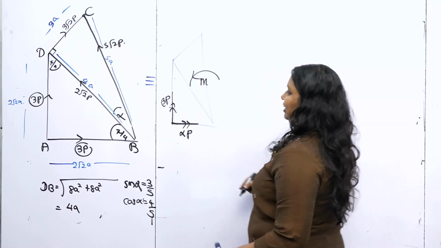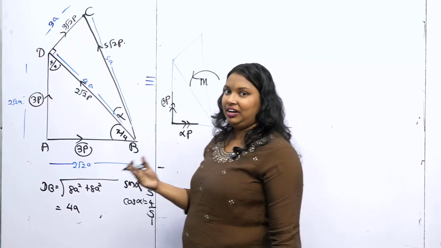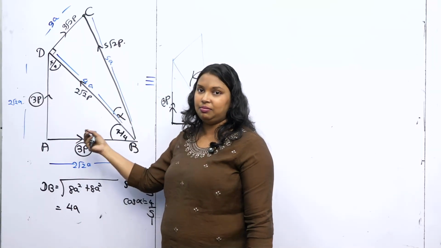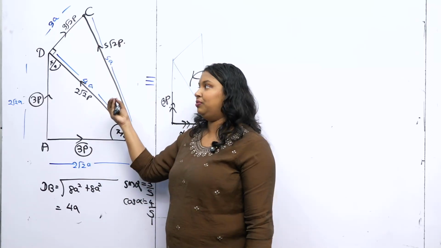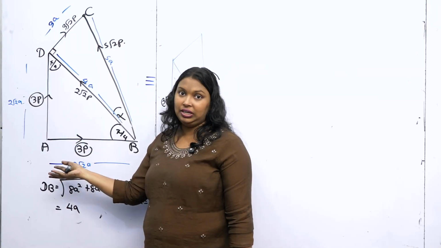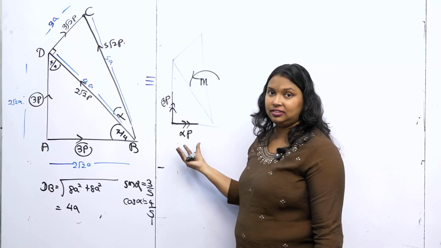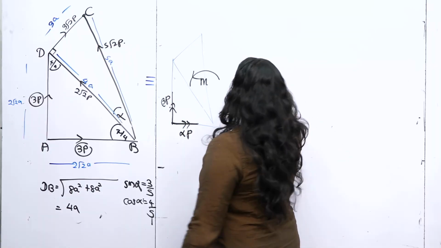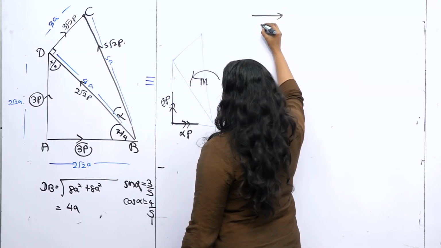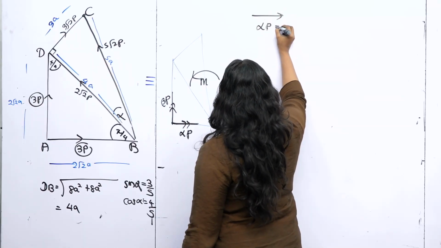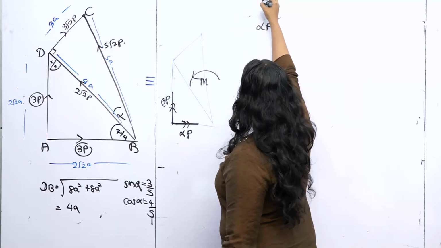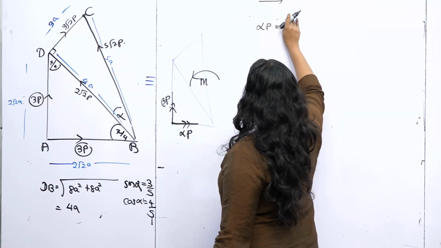Is it clear? This is what you do when asked to find a resultant. If you are given these forces and asked to find the resultant, you find the sum of the forces in the x direction and the sum of the forces in the y direction. Now they have given us that, so you equate it to this, that's all. The sum of the forces in the horizontal direction, so that is alpha p in this equivalent system, right? So you consider the horizontal direction, alpha p